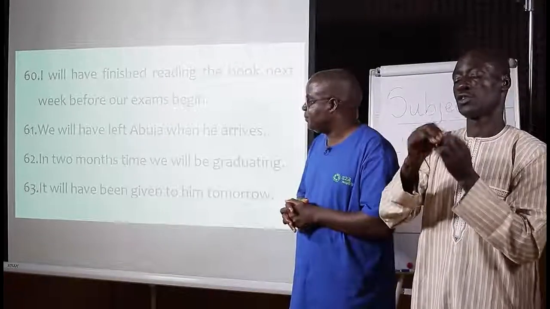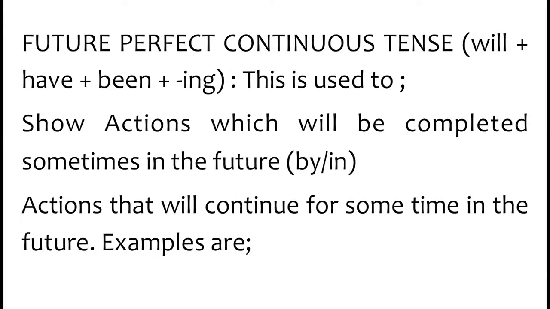That's number 63. Future perfect continuous tense. In bracket, will plus have plus been plus ing. This is used to show actions which will be completed sometime in the future using by or in. Actions that will continue for some time in the future. For example,